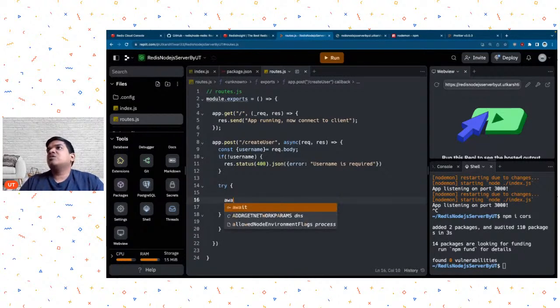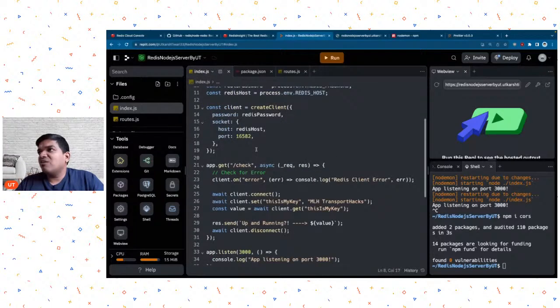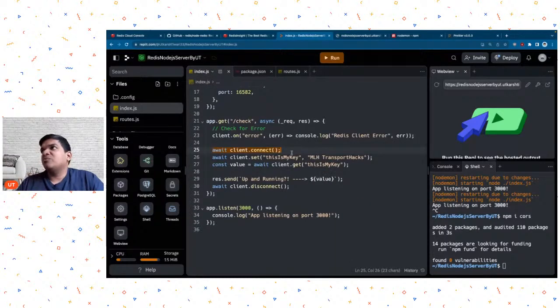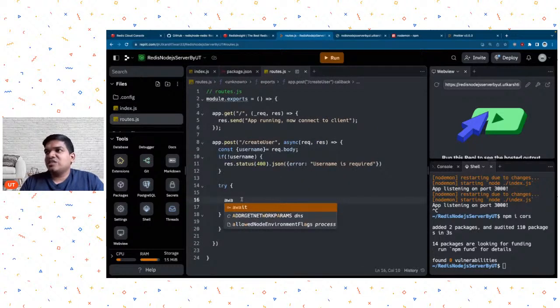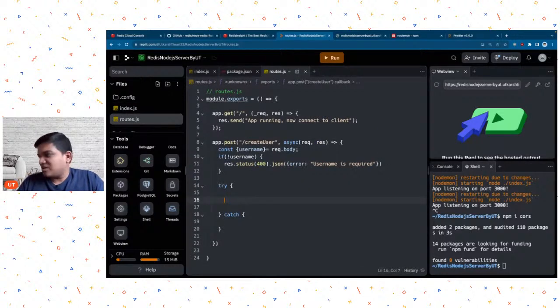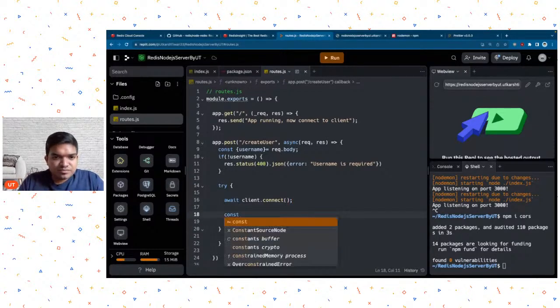So how do we connect to Redis? We have a line for that. We do await client.connect. So I'm going to copy that line, go over to this, inside the try block, I'm going to paste that. I'm going to say first wait to connect to the client. That's the first step. Now we are going to say await